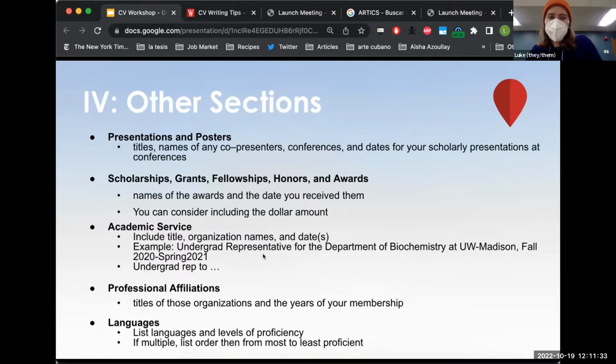Similarly, there's a professional affiliation section. So this organization seems like a professional affiliation that you very well could list on your CV. And then